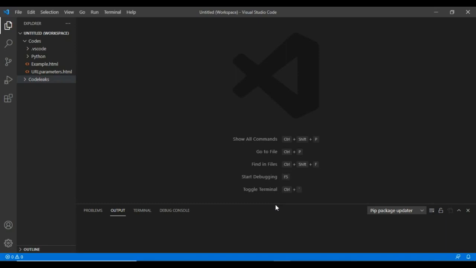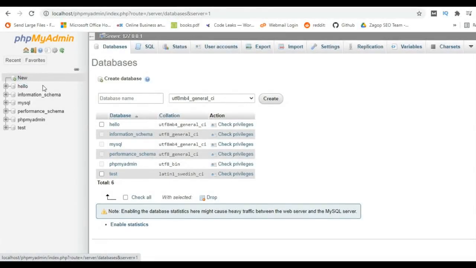What actually happens is the PHP session gets expired when you close the browser or after a default time. The default time is usually 24 minutes, but it depends on your server configuration. What you can do is manually increase session timeout in PHP. So in this video, I will be telling how to increase session timeout in PHP.